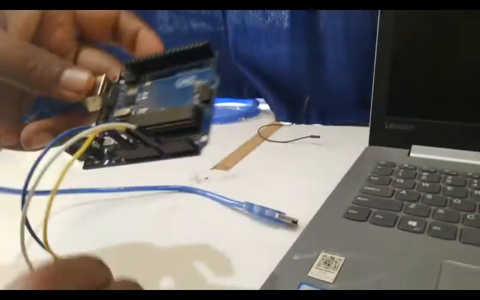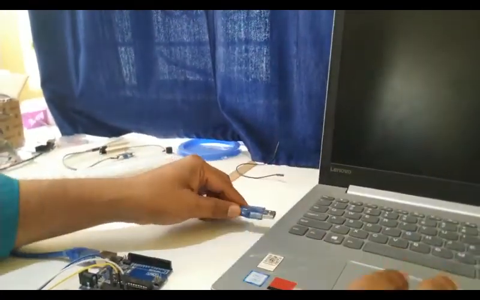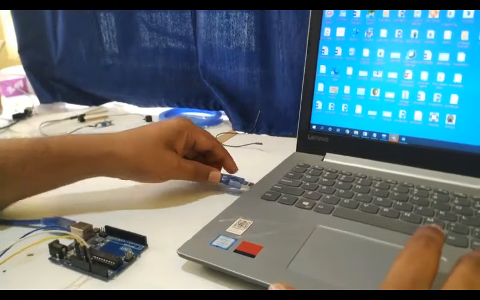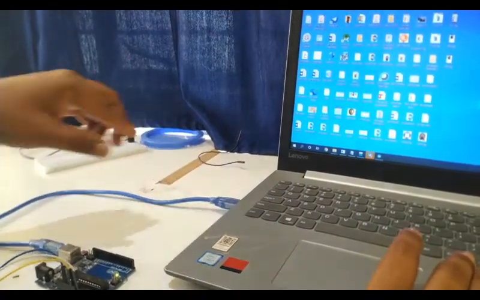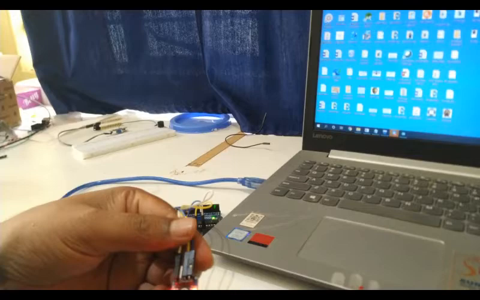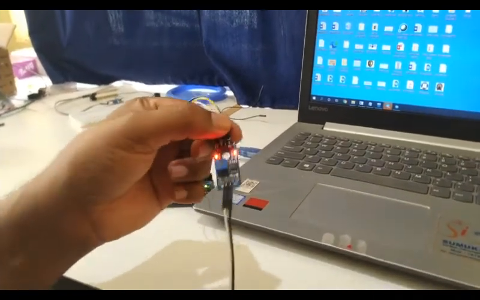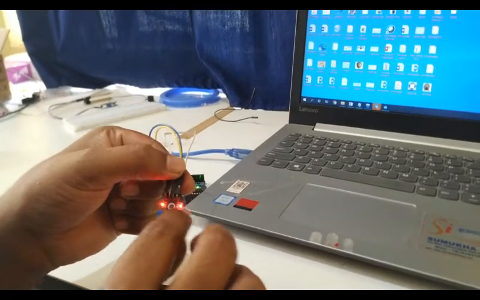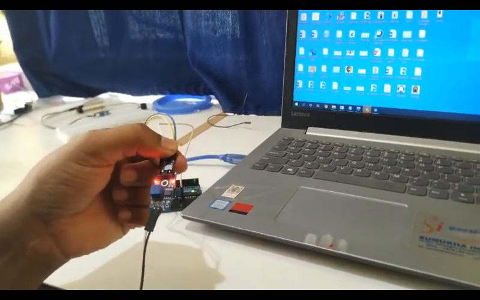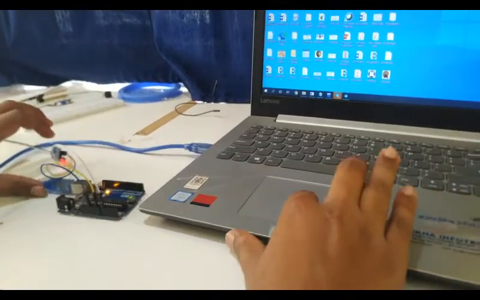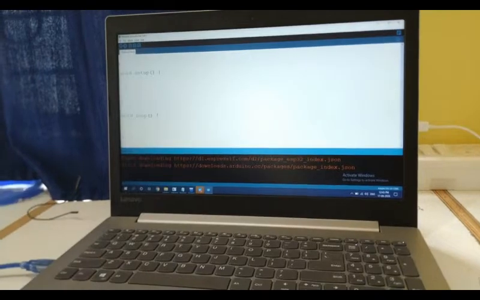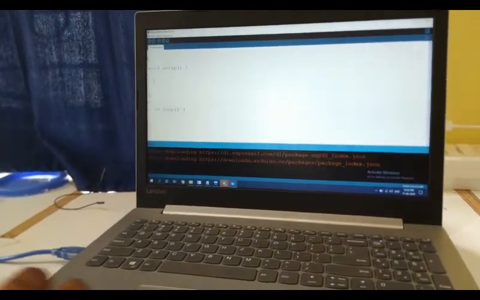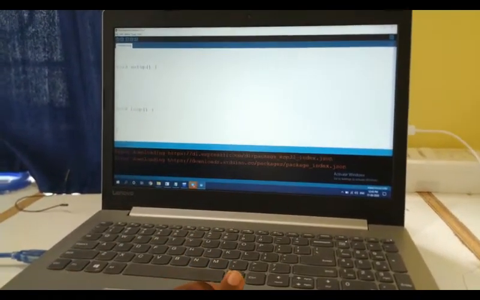Okay, so let me connect the board to my laptop and write few lines code. So make sure the sensor's light is turned on. If connection is successful, then only we get to see LEDs of the sensor being turned on. Okay. Now open Arduino IDE. So it has setup and loop functions. Setup is meant for initialization and loop for doing the task repeatedly.